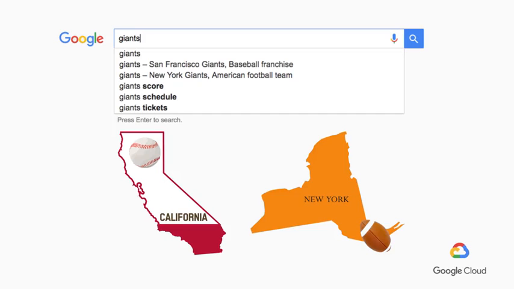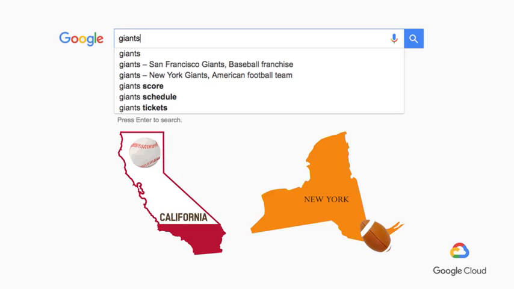And then we looked at how Google views machine learning as a way to replace heuristic rules that tend to build up over time. For example, Google Search used heuristic rules to decide whether we needed to return a page for the San Francisco Giants or New York Giants. This is now done using machine learning.